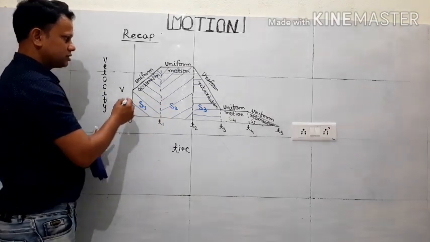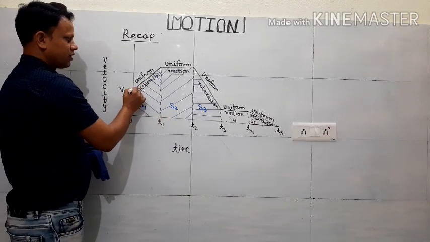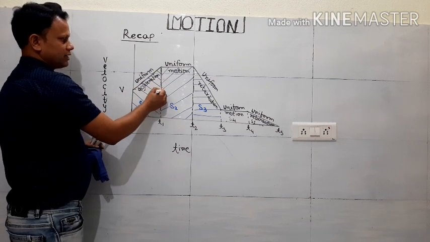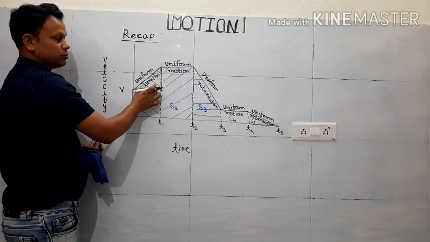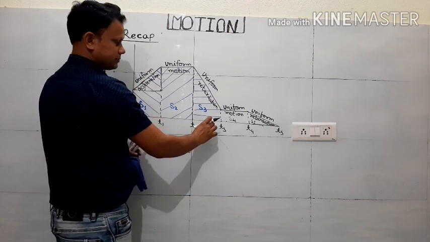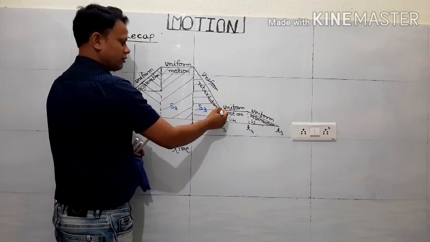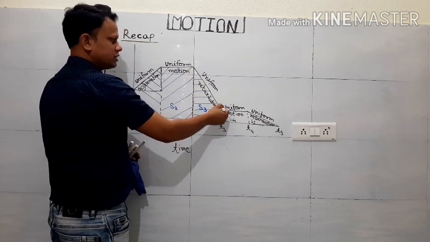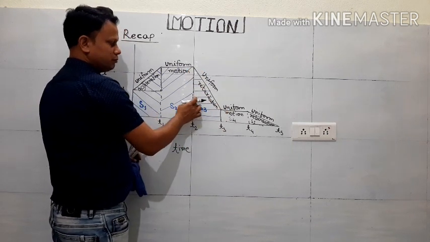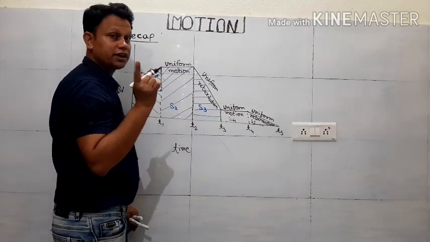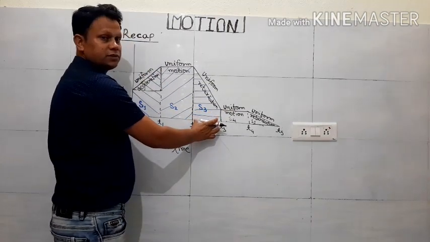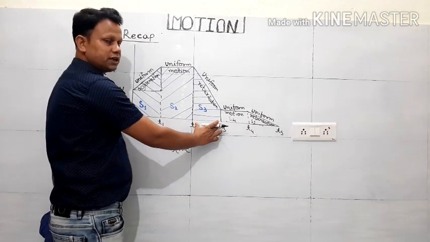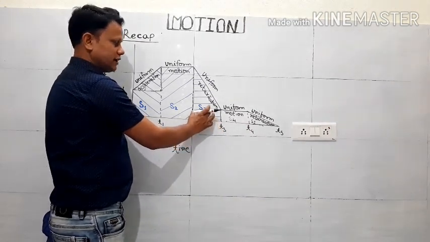Now for acceleration, suppose this is the accelerated part, we will just draw this slope. This gives v minus u, and this gives the time. So v minus u by t. Now we have to find it for this part. For this, this will be taken as u and this will be taken as v. So v minus u, here you are going to get a negative value, and the time will be t3 minus t2. Whatever time value is there will be considered for the value of retardation here.